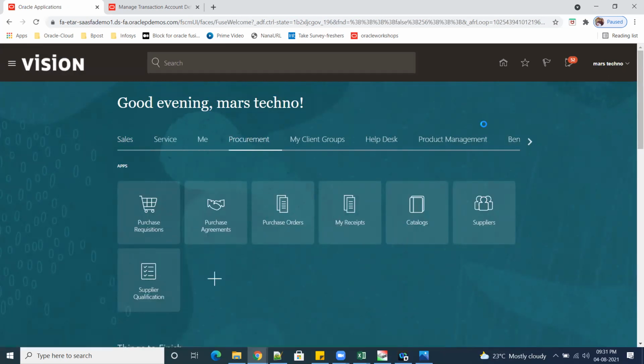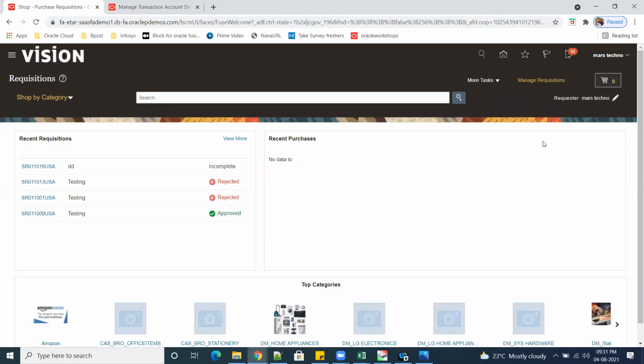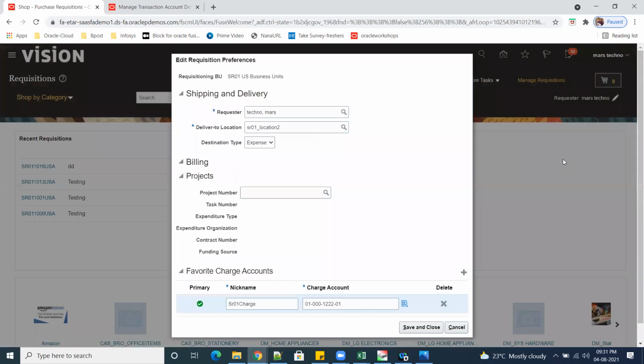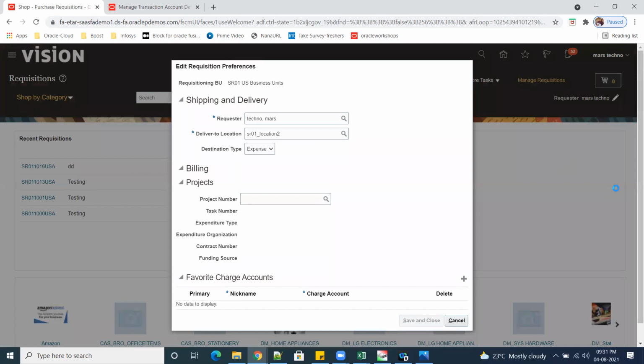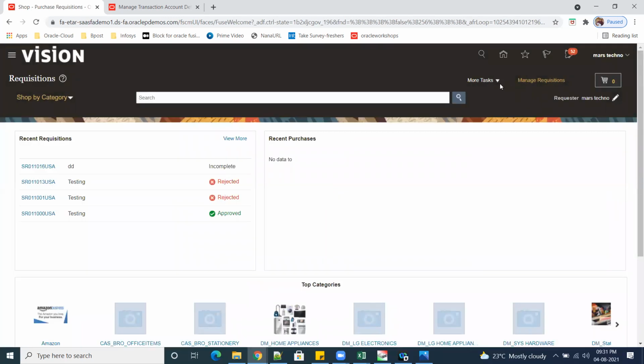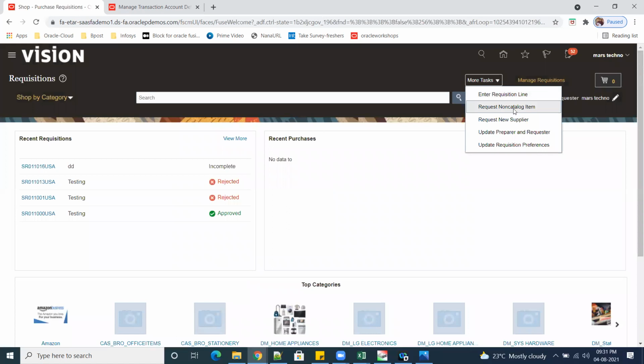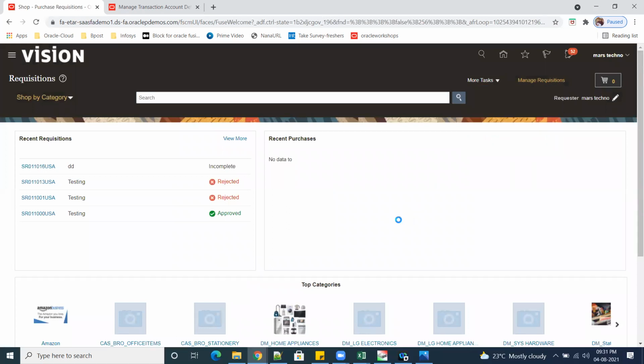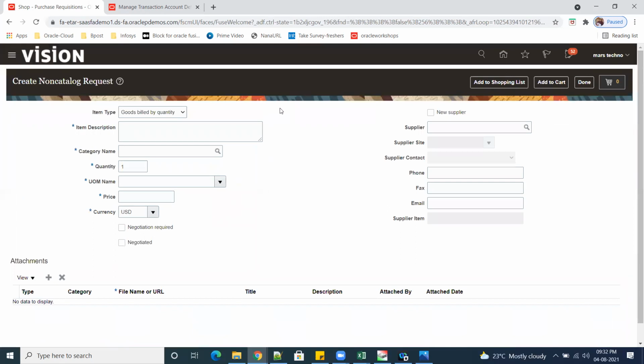Purchase requisitions. So I have to modify this auto approval. I need to keep it. So let me delete this. Save and close. Okay, we'll try for requisition on catalog. Category SR01.